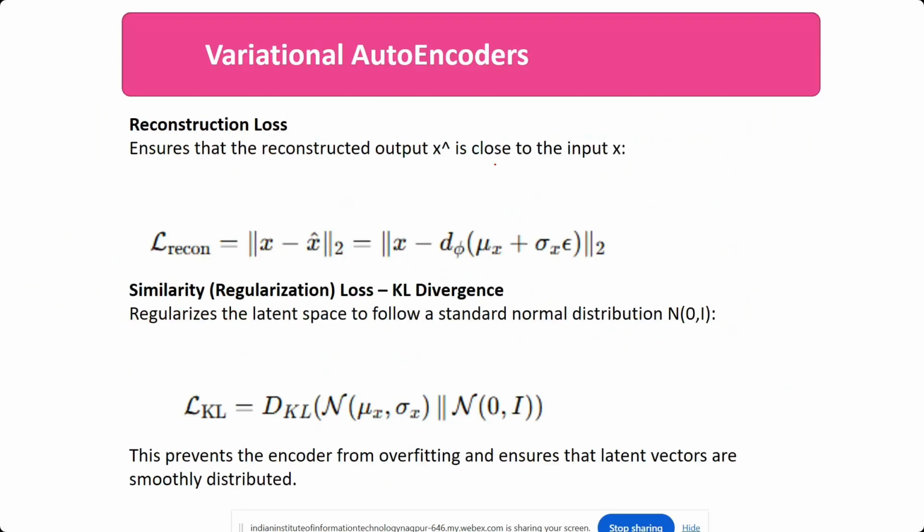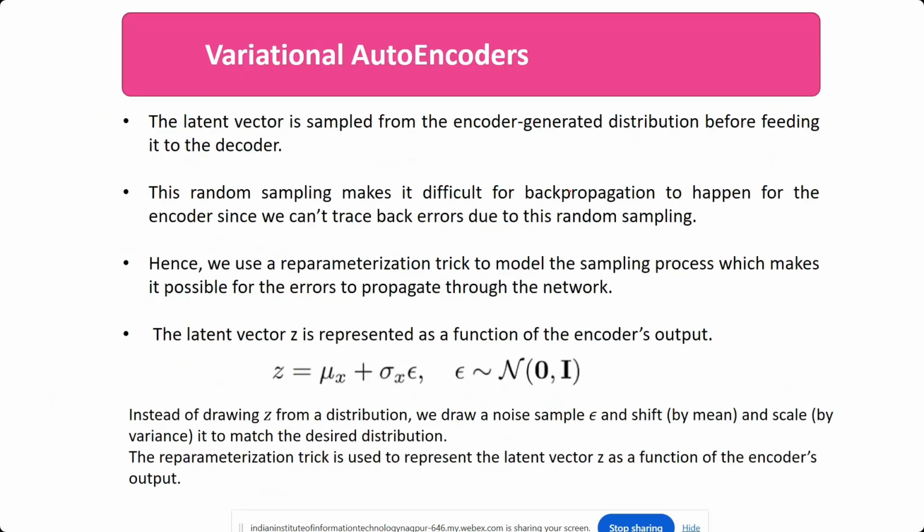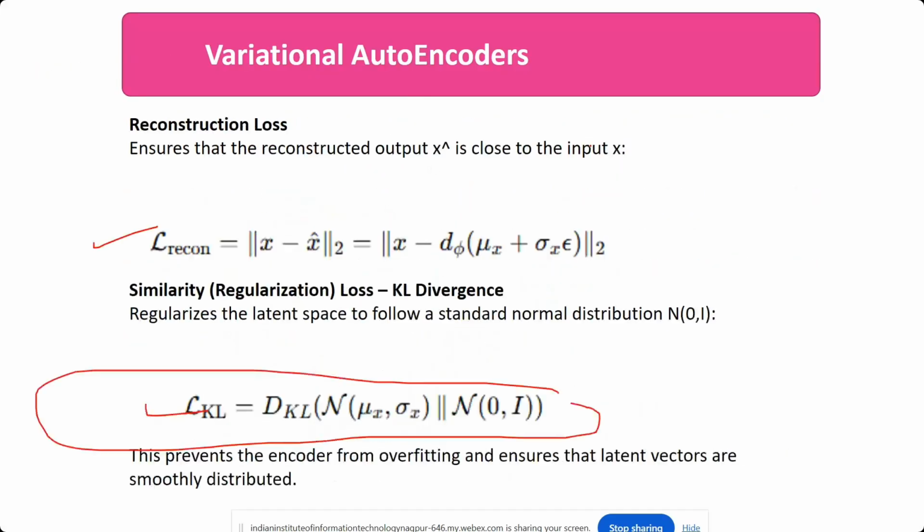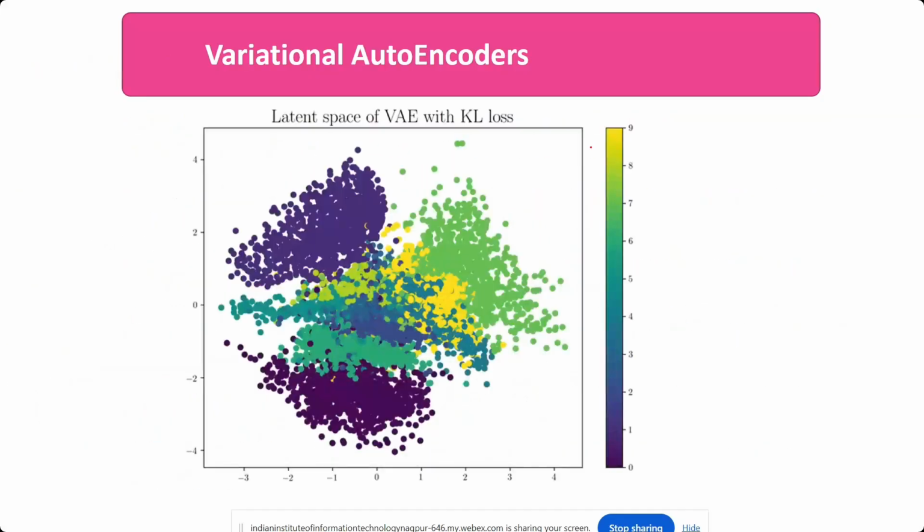The next part is this one, variational. As I have mentioned, the loss has been changed to the reconstruction loss and KL divergence. We have added one extra loss that is related to the distribution. This is all about variational autoencoders. This is how the latent space looks for the same MNIST data set. If you see here, there is less overlapping as compared to the autoencoder. That is how it has more generative capability. In this latent space, more area has generative capability.